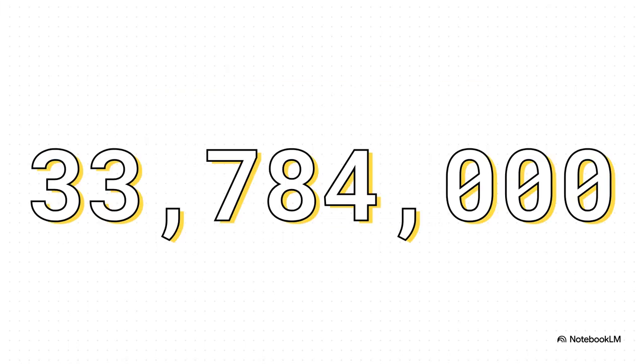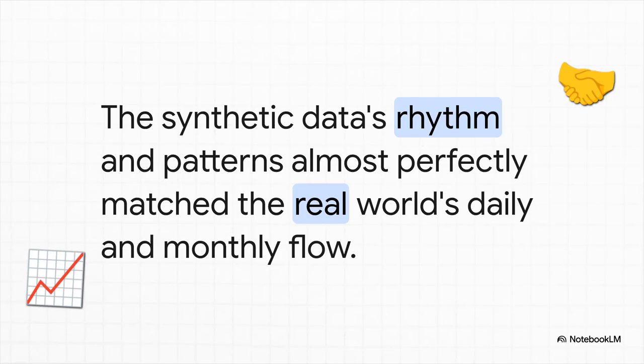And they didn't just create a tiny little sample dataset either. They ran their simulation and generated nearly 34 million synthetic private transactions. That is a massive, useful dataset that's on the scale of what a real-world mobile money system would see in an entire month. And when they compared the patterns between the real data and their synthetic data, the results were pretty astounding. The original paper shows these graphs where the rhythm of the synthetic data, the daily and monthly ups and downs of deposits, withdrawals, transfers, was an almost perfect mirror of the real, secret data. It ebbed and it flowed just like a real economy.